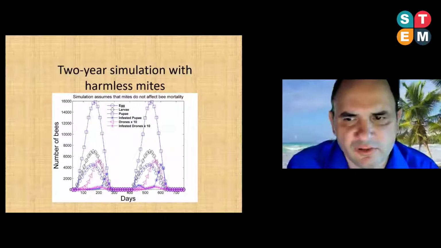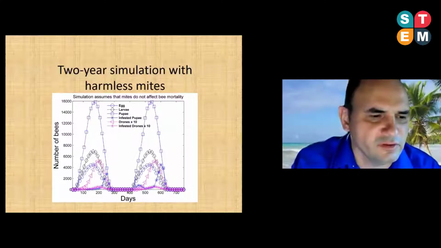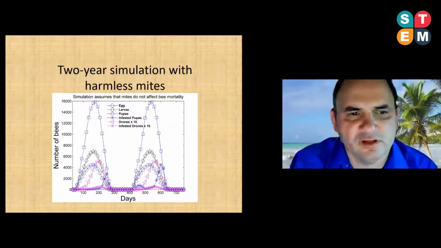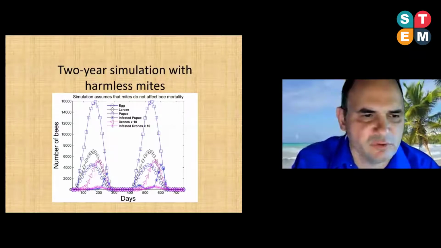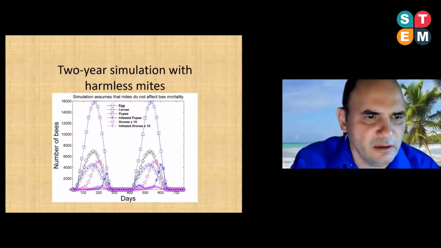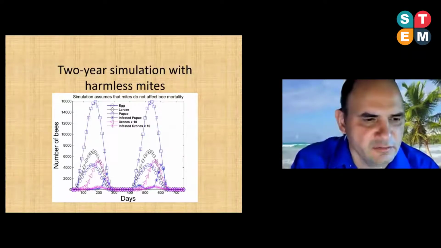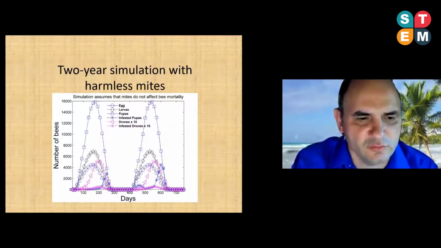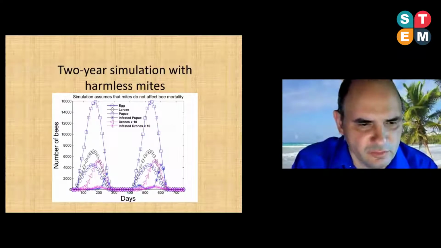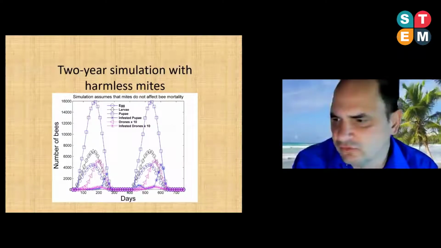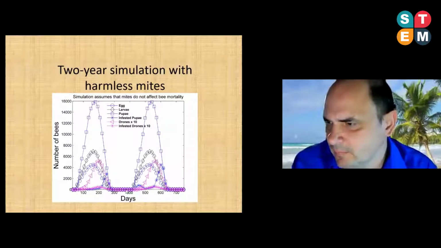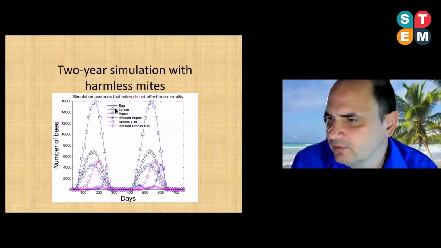So in my first simulation here, I'm going to model the different castes within a honeybee population, given those simulation parameters. Here, I show you the eggs over a 2-year span, and the increase in the eggs, the decrease during the winter, and then the increase again during the summer. These are shown as these blue circles here. The larvae are these black diamonds here. The pupae are the